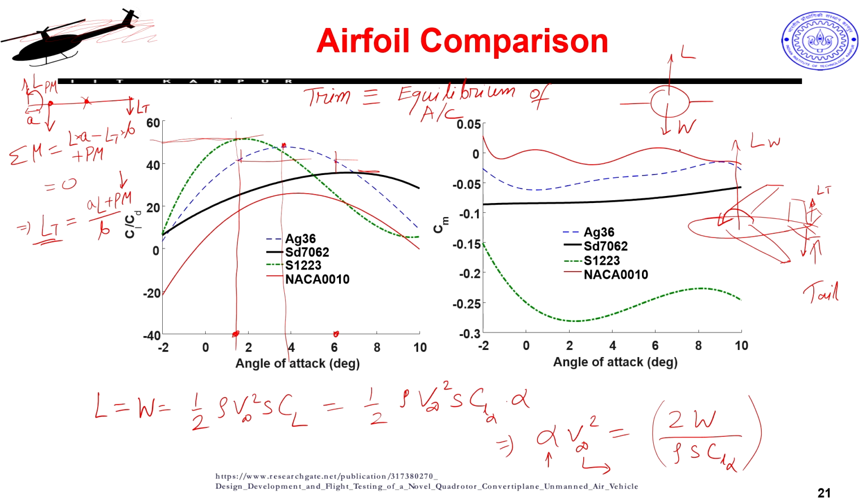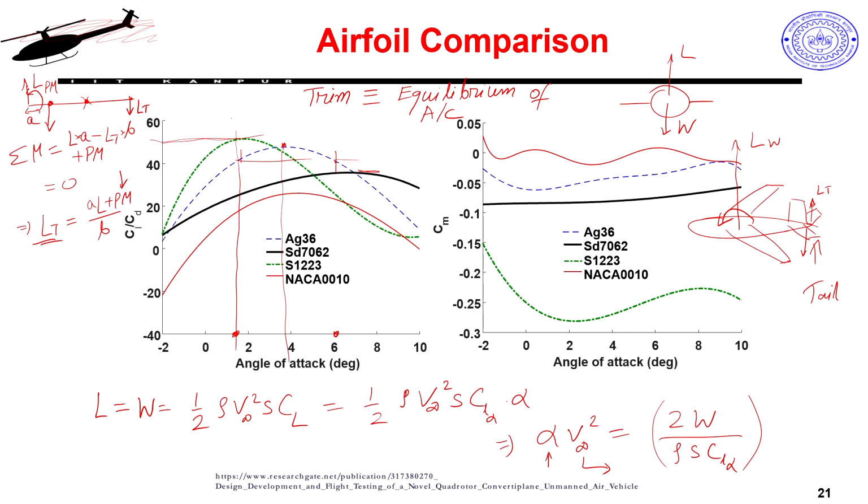So, this has nearly 0. Your symmetric airfoils, their pitch moment is almost close to 0 throughout, or otherwise also they will have very small pitch moment. So, then my compensation requirement is less. First of all, how do I compensate for this? In my biplane tail-sitter I have two sets of propellers, one set on the lower wing, one set on the upper wing. So, to create this pitch moment, I have to basically operate my motor sets with differential thrust. One side will generate more thrust, the other side will generate less thrust.